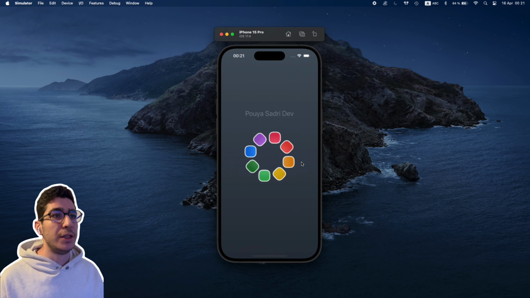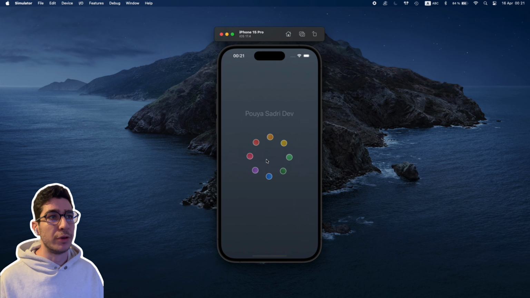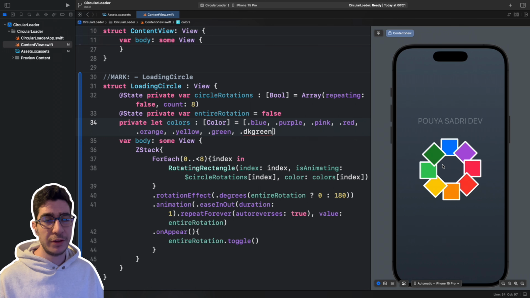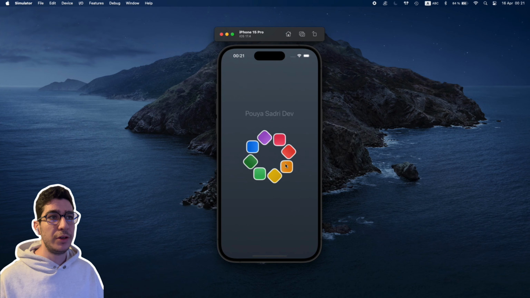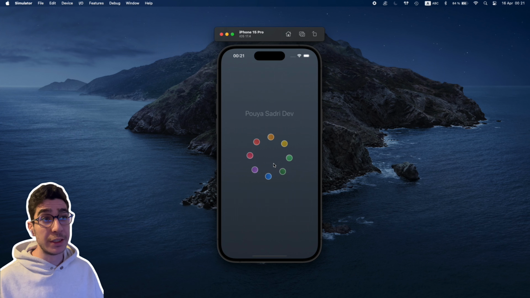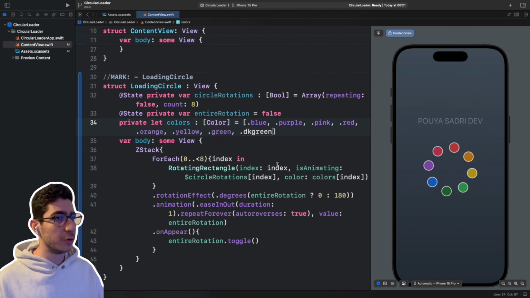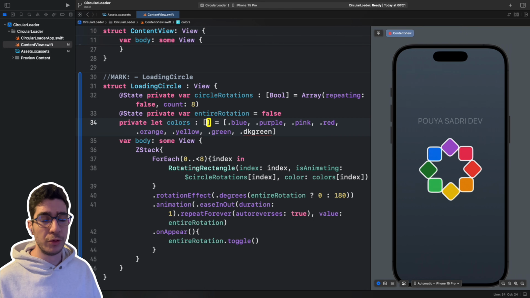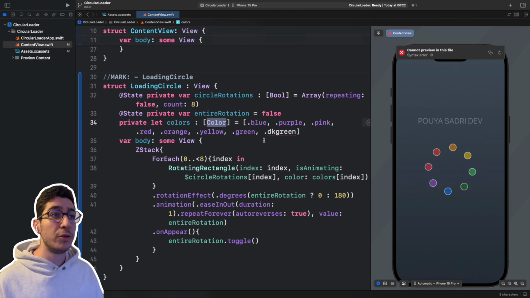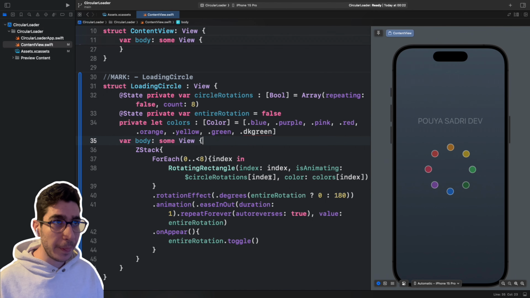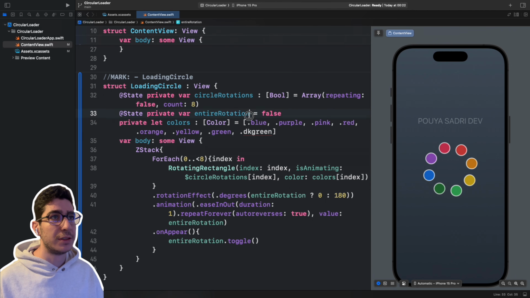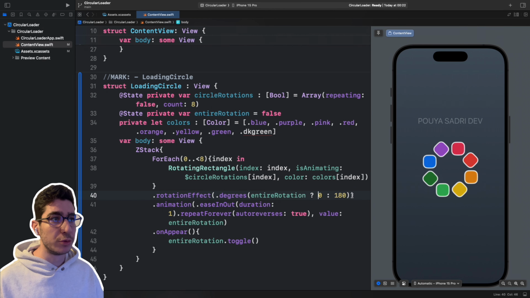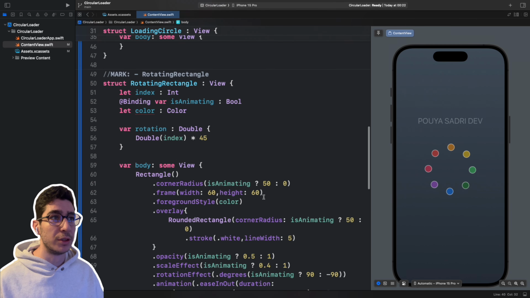Actually, I use a gradient for each color. So here for this we have a solid color, as you can see, but here I use the gradient color. So this is so easy, don't worry about that. The only thing you may want to change, or you can leave it right there. And you can also add colors and customize it, add more tiles, play with these rotation effects, and so on and so forth to